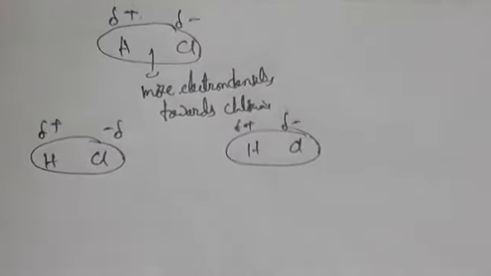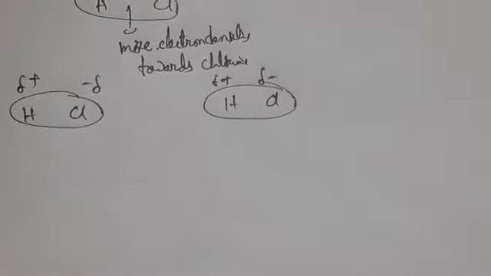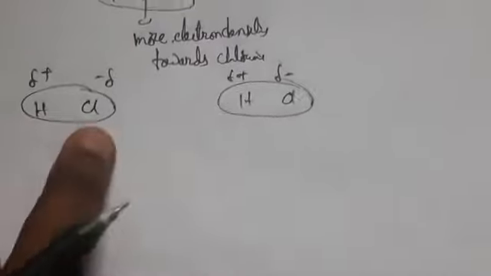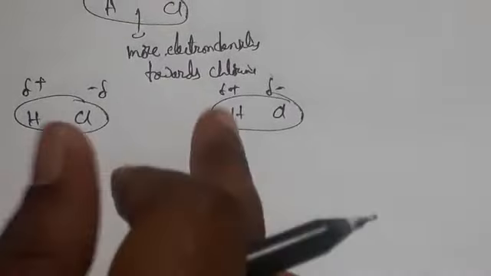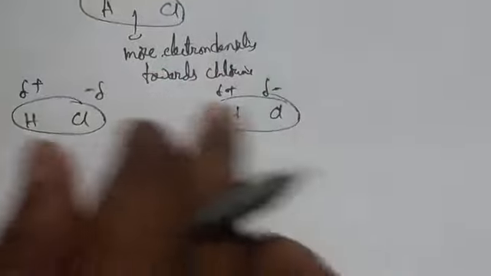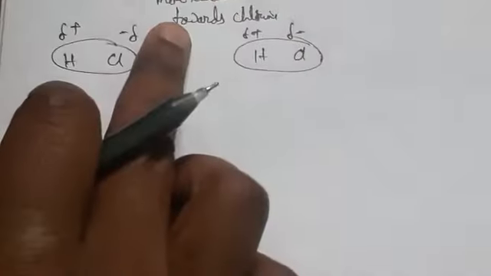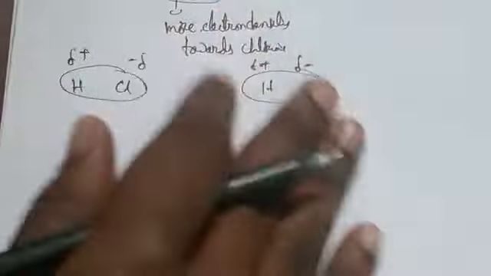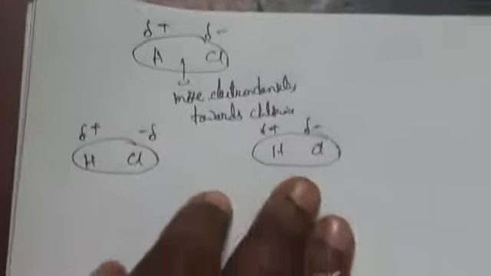Coming to dipole-dipole interaction between two HCl molecules, there are two molecules showing dipole interaction. Because of the partial charges, the dipole-dipole interaction between polar molecules is very strong. Polar molecules can also interact by London forces, since this is a similar effect to the intermolecular forces in polar molecules. This is dipole-dipole interaction.